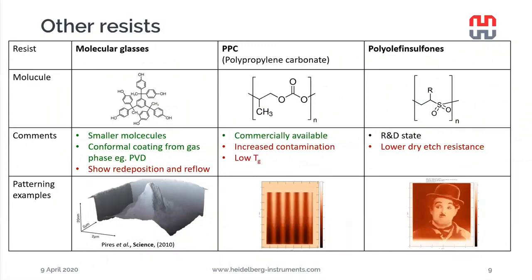There have been tests with molecular glasses that are smaller molecules and therefore would allow for lower line edge roughness. They can be coated from the gas phase for a very conformal coating with PVD, but they show a different issue. They show some redeposition and reflow. So here in this example where they patterned this nice mountain pattern,